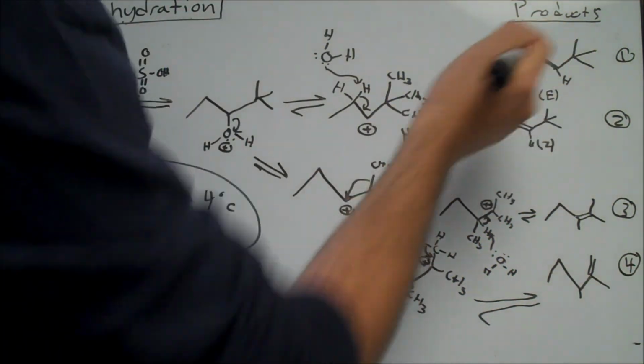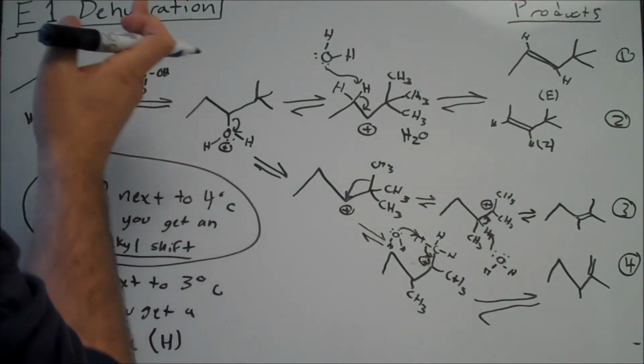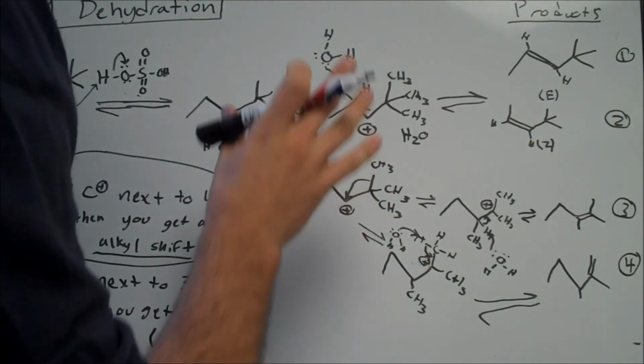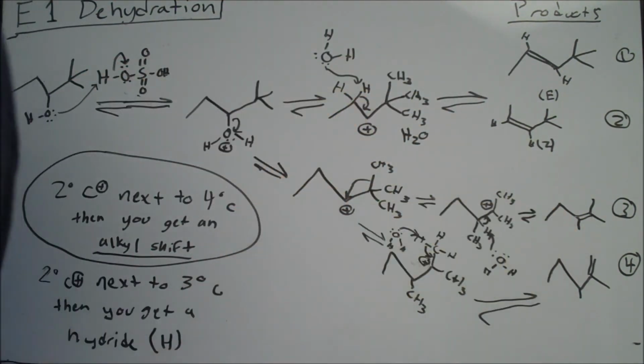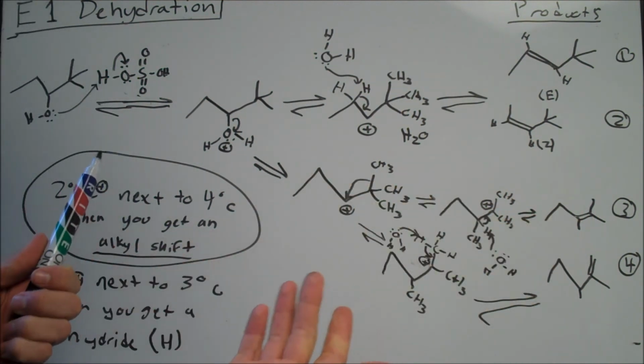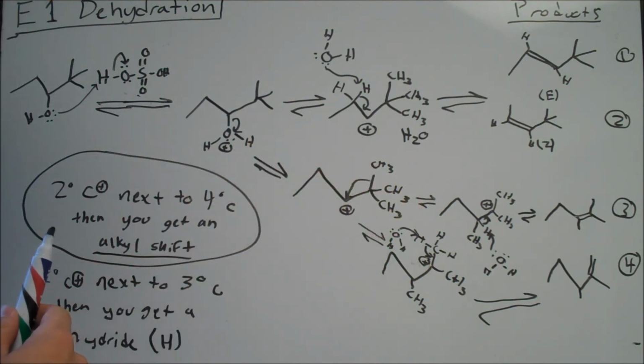Know that these two products you'll get whether it goes by E1 or E2, because it can go by both since it's a secondary. Whether you do E1 or E2, you will get these products. But since we can get a carbocation, we also get these two products, which we wouldn't get if we did E2, because we don't have a carbocation with E2, and therefore we can't get a shift. So that's basically how you want to look at a really complex problem. First of all, can you form a carbocation, and if so, do you have a secondary carbocation that's next to a quaternary? You get an alkyl shift. And if you have a secondary next to a tertiary, then you shift a hydrogen on one of the beta carbons.